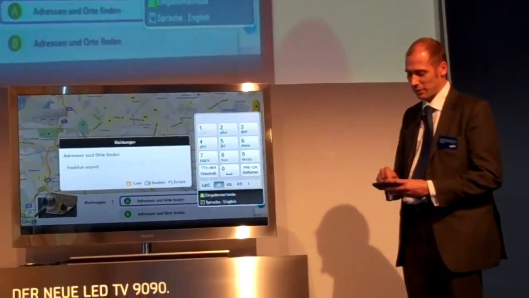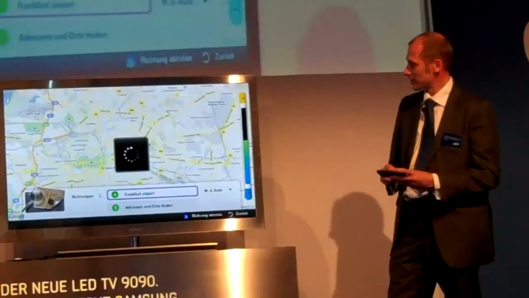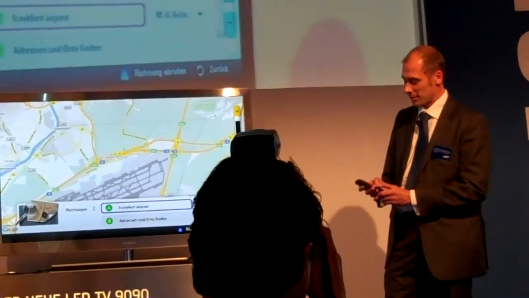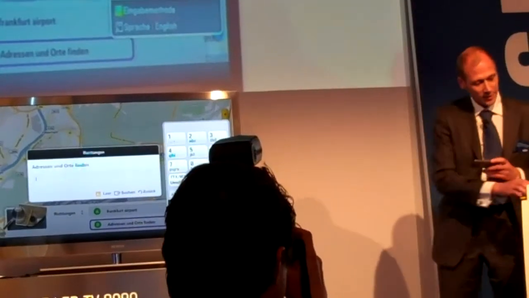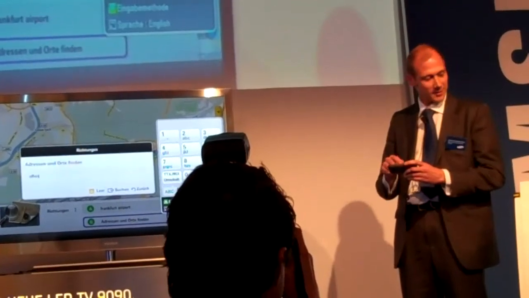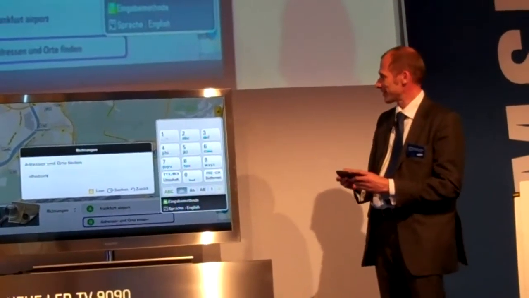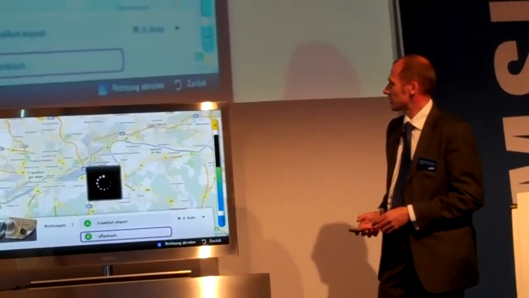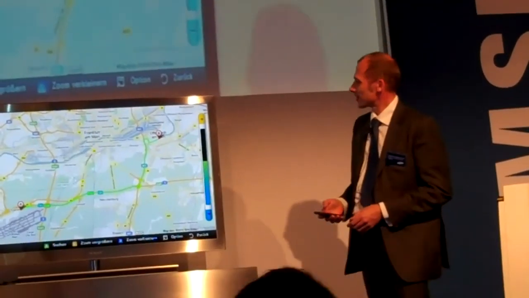You can do this with the remote control. It supports T9 text, but it's just a lot quicker using this. So that's my first location. If I continue the search, I searched for Offenbach. Sorry, I have a cheat sheet here. I'm not that familiar with the name. And I get my route. So yesterday I understood I can probably take a